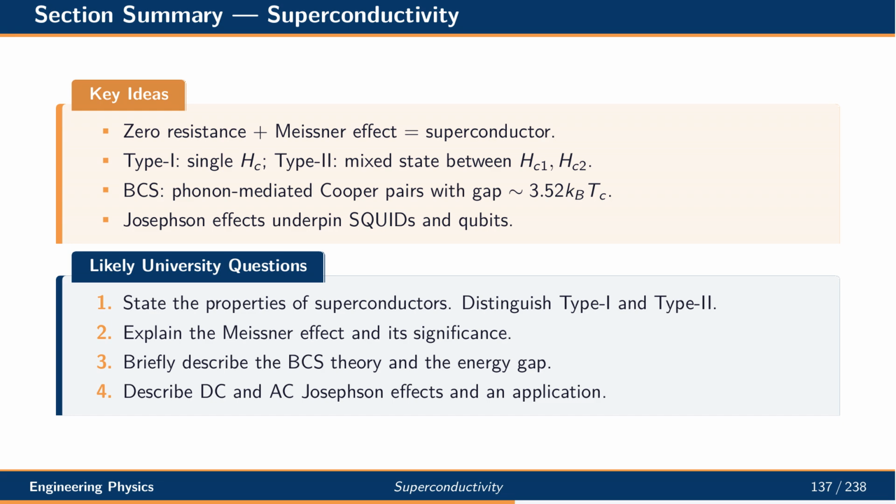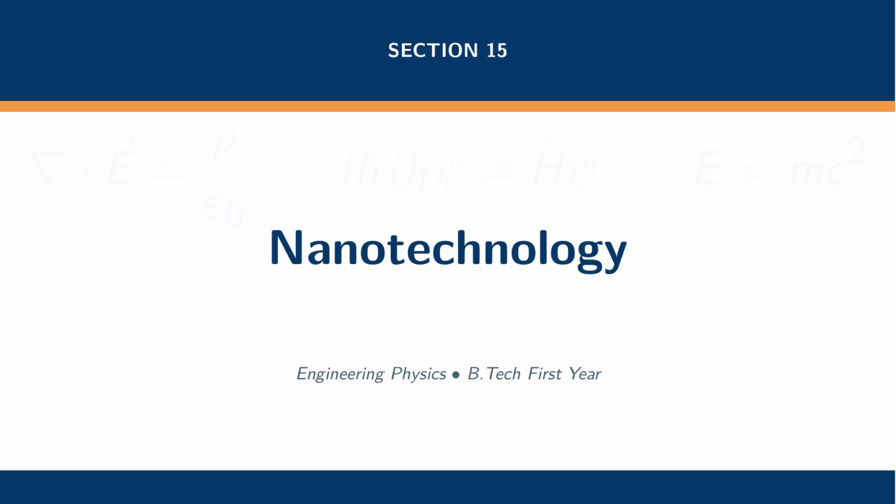Typical exam questions ask you to state properties, distinguish types, explain the Meissner effect, describe BCS theory, and discuss. The next section is on nanotechnology, the design and use of structures at the scale where quantum and